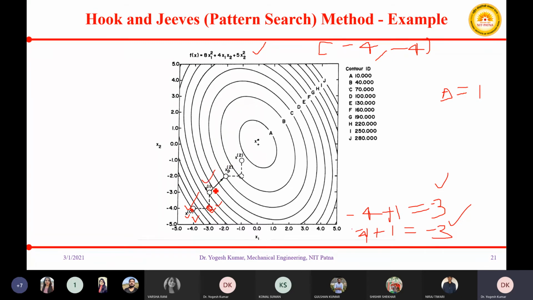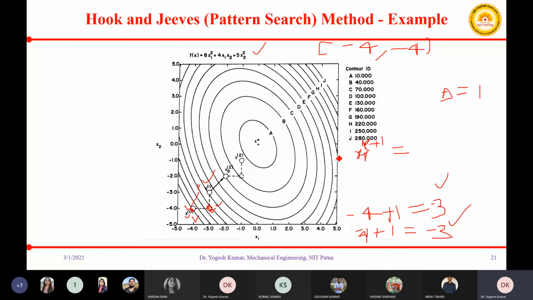Okay, so once you have got this point, you have 2 points, x0 and x1, and now you will calculate the next point, that is xp k plus 1. So xp k plus 1 will be xk plus xk minus xk minus 1.